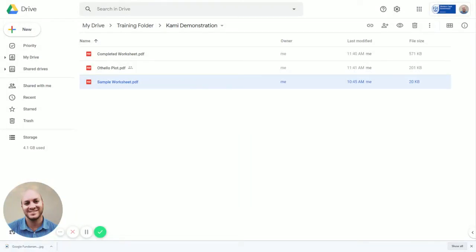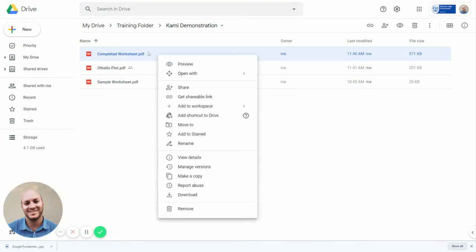So when we want to start off with Cami, we simply want to be able to open up PDFs and annotate them. The first one that I'm going to look at is this completed worksheet. If I right click on this, because I've already installed the Cami extension,